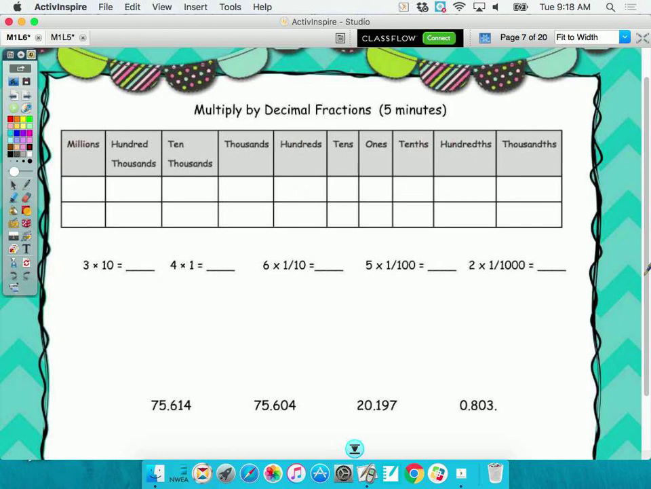So if I were to add this first number to the place value chart, where would I write the 3? In the tens place. Where would I write the 4? In the ones. Where would I write the 6? And I would keep going, wouldn't I? Yes. Okay, and so the answer to this one is 34 and